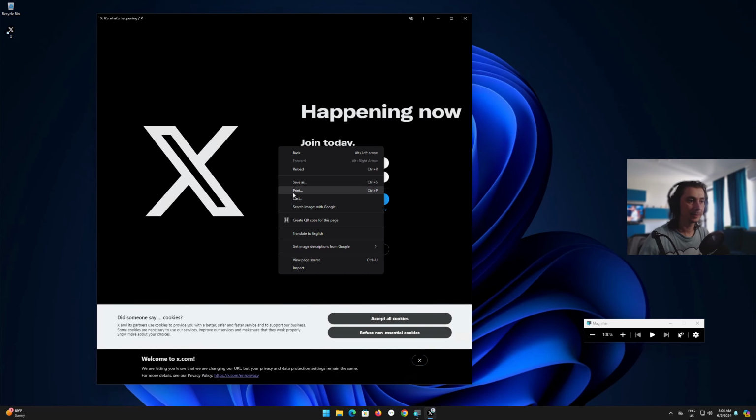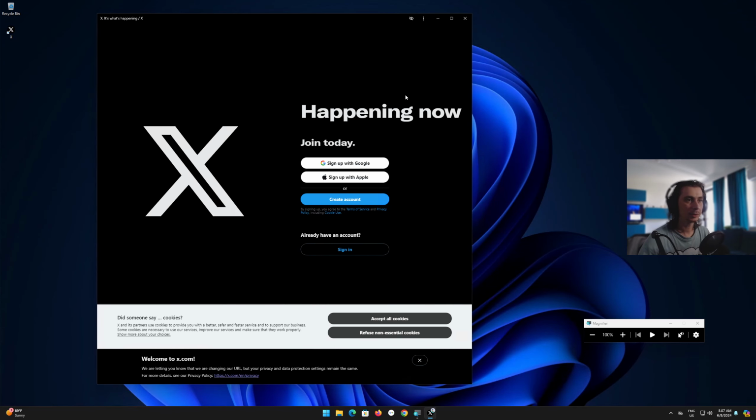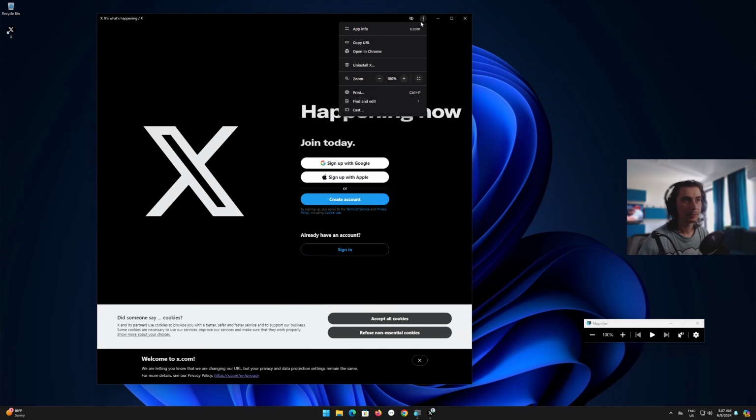Of course, it's still a web page. You can do inspect, you can do view page source. It's still in a Chrome window. It just acts like it's a desktop application. And you can unpin it from here and it will not be gone. But if you want to uninstall it, just go to the three dots after it's open and click